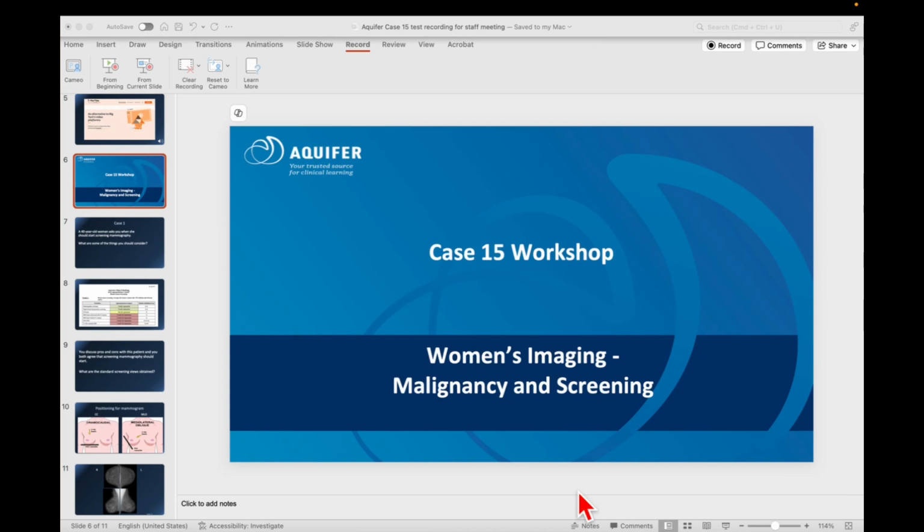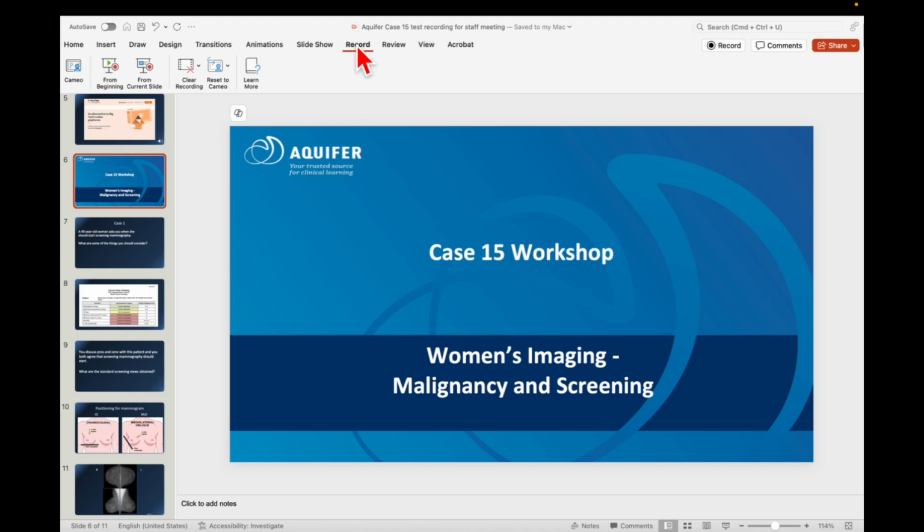All right, so here I am in PowerPoint. I've made my cursor nice and big. That's something you might want to do, although as I'll show you in a minute, there is a little option within the PowerPoint recording that you can have a laser pointer. I quite often just make my own cursor big, which you can do on your laptop as a default. And what you'll find is that under PowerPoint, there will be, and this is the Mac version,